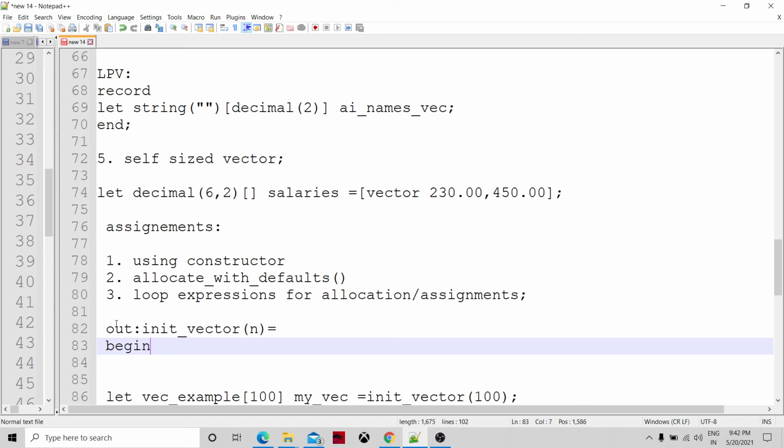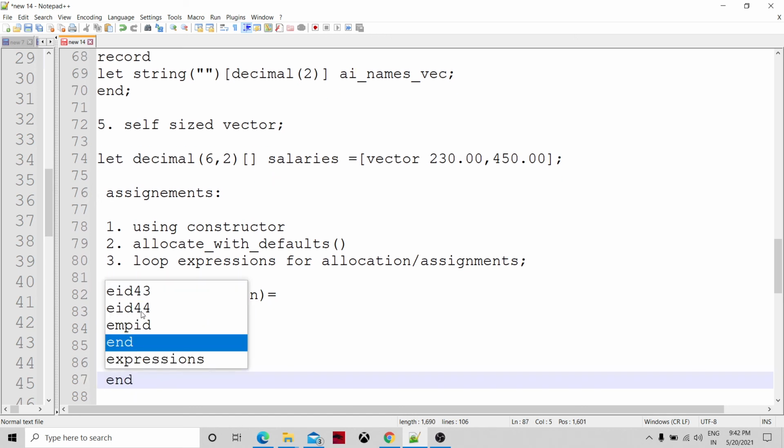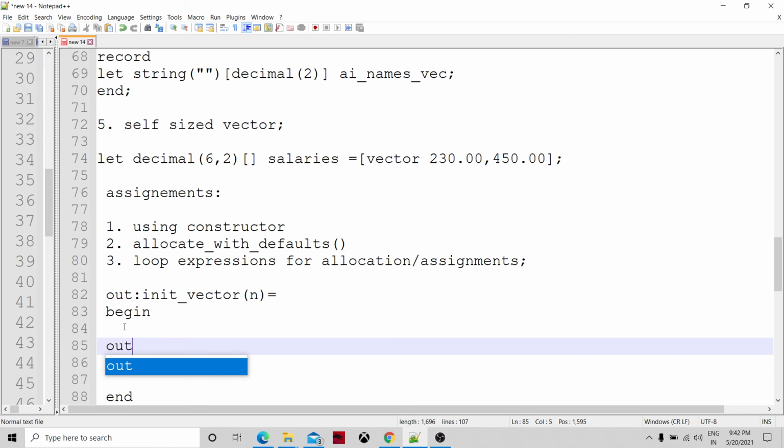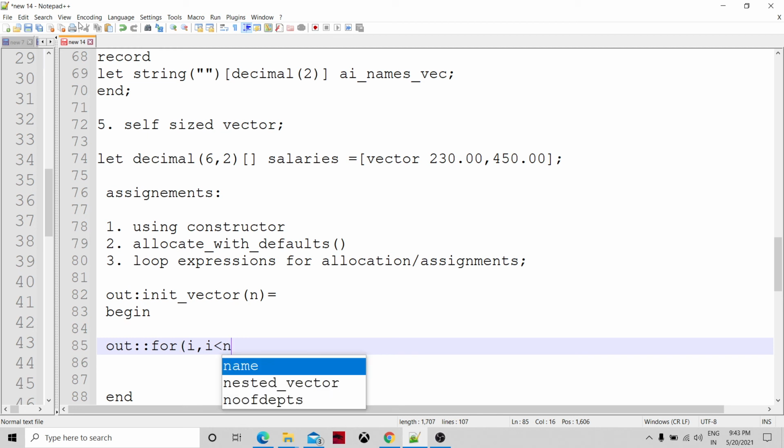That's how we specify it. What I will do is the for loop, where i is less than n, going up to n minus 1, and what I will assign is,